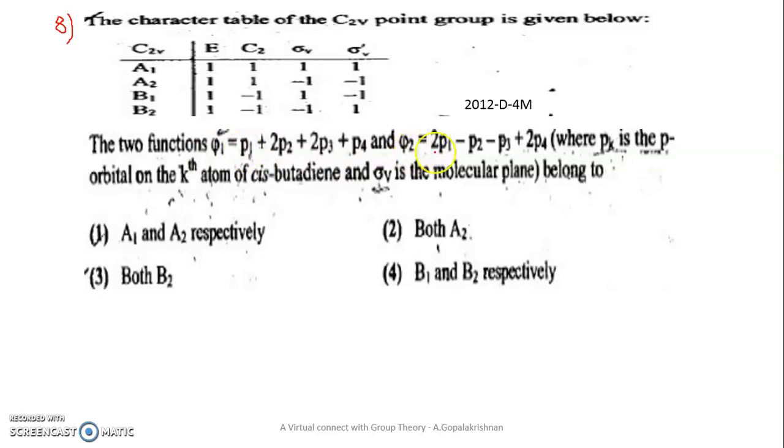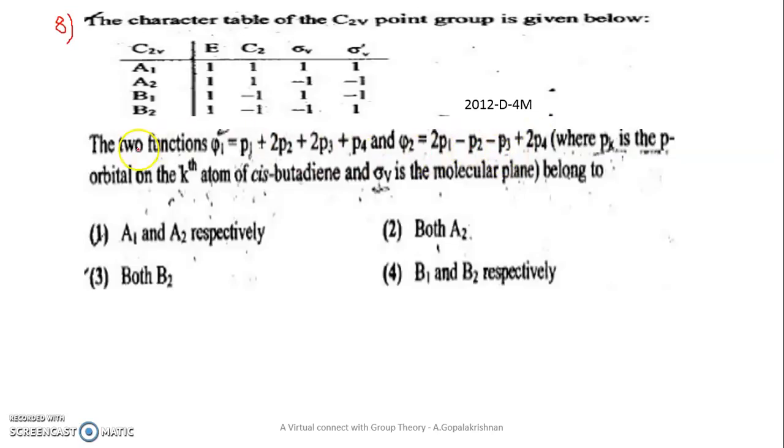And then see this function Phi2. In Phi2, the P1 and P4 orbitals have larger size. P2 and P3 are small. Then see the sign. Here we have a plus sign, here we have a minus sign. So when the sign changes, between P1 and P2 there should be one node. Now see P2 to P3, minus, same sign, no change in sign, so between these two there is no node. Then see P3, P4. This is minus, this is plus, so between P3 and P4 there should be one node. Are you able to follow? So keep this information in mind.